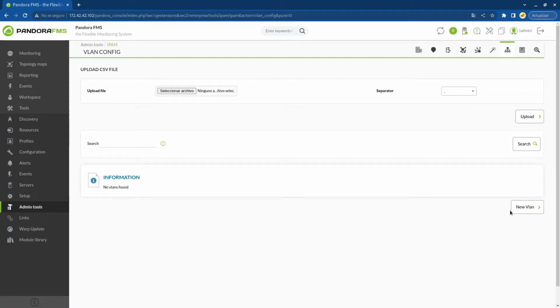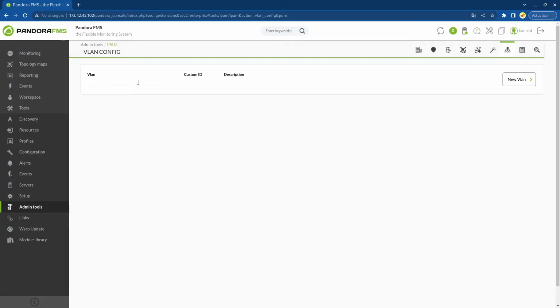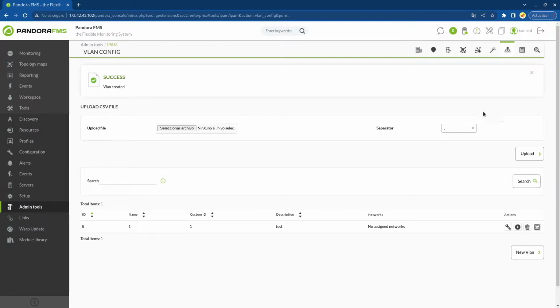Click on New VLAN and two boxes will appear where you have to add a unique name and optionally a description. Once created, the name and description you provided and the networks that you assigned will appear. You will also see a series of actions that you may perform in your VLAN, such as editing the name